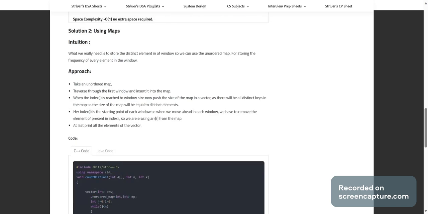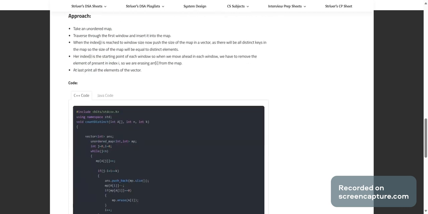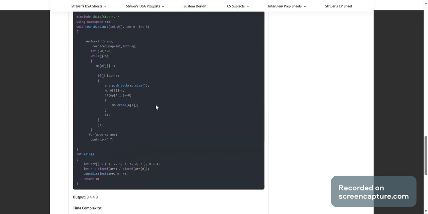Using maps, we need to store the distinct elements in windows, so we take an unordered map. Then there are j and i indexes. While j is less than n, map of a of j plus equal to 1. If j minus i plus 1 is equal to k, then push back this to the answer